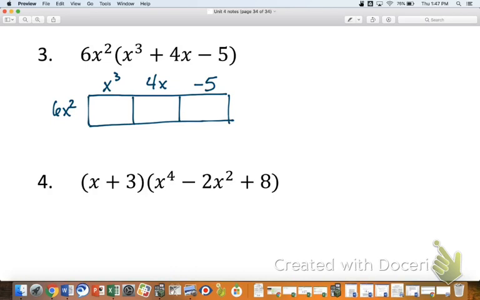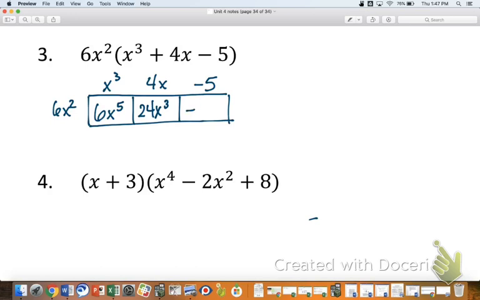Okay, I'd love to hear from Witt's table on this one. For that first box, what do you guys think should go in that first box? 6x to the 5th. 6x to the 5th is correct. What do you guys think for the middle box? 24x to the 3rd. That's right. You guys listening? These guys are knocking it out of the park. Final box? Negative 30x